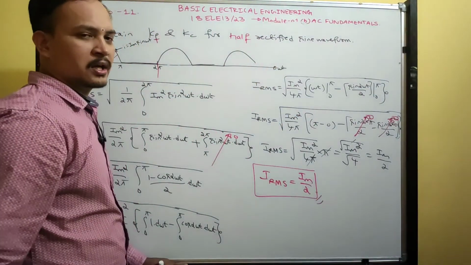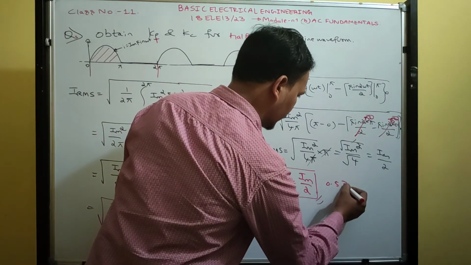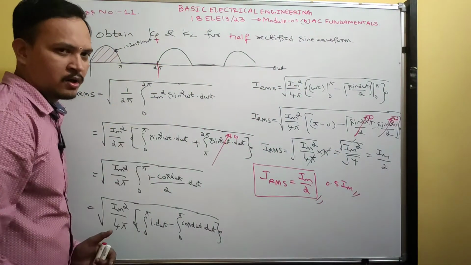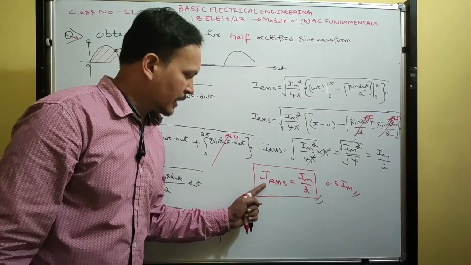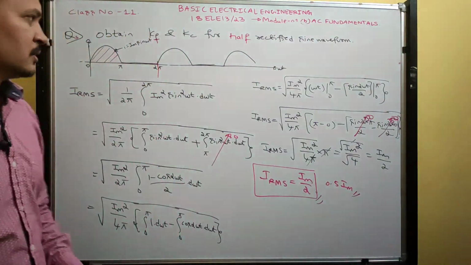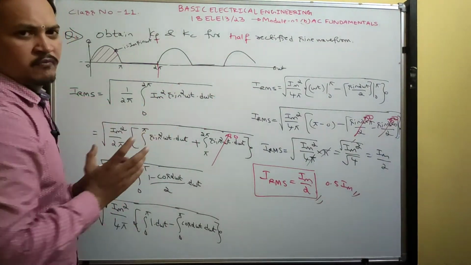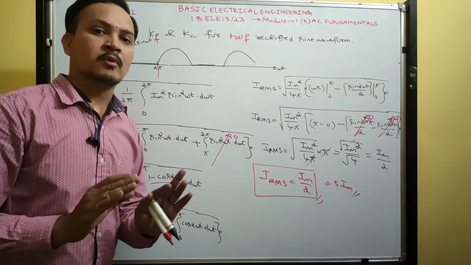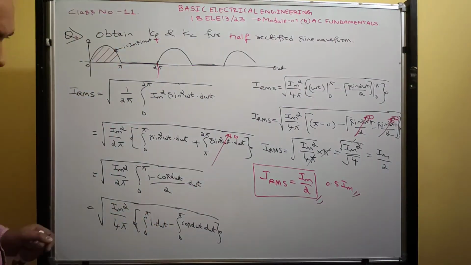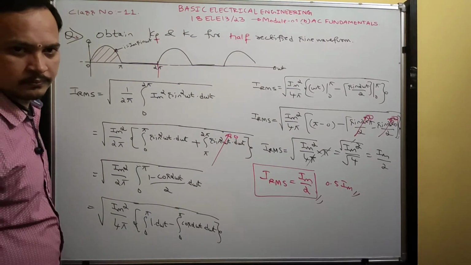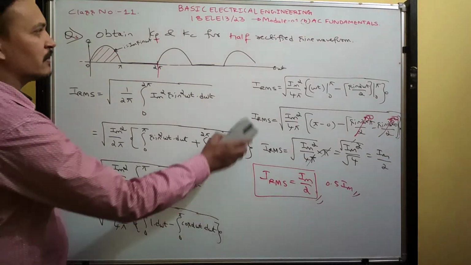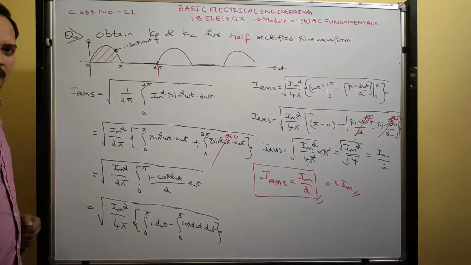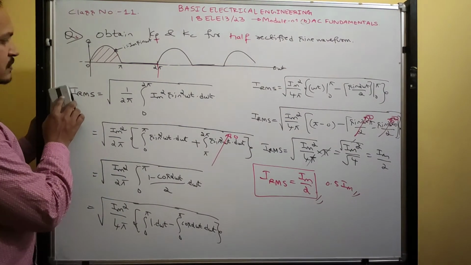Okay. What is the numerical value? 0.5 Im. So the RMS value of the rectified sine waveform is IRMS 0.5 Im, 50%. You will get RMS value 50%. Like that you can remember the answer. Pause the video and then copy down, because I want to derive again the average value to find the form factor. Okay, written? Fine. Next, average value.